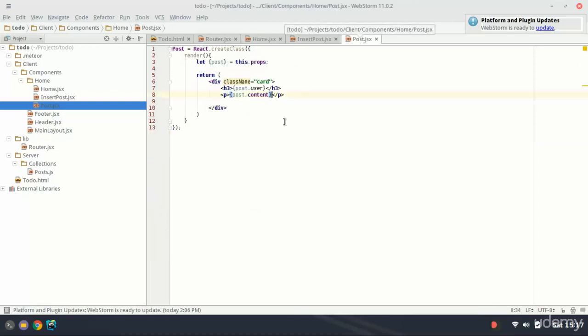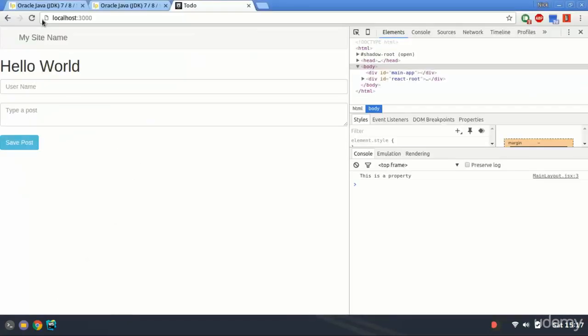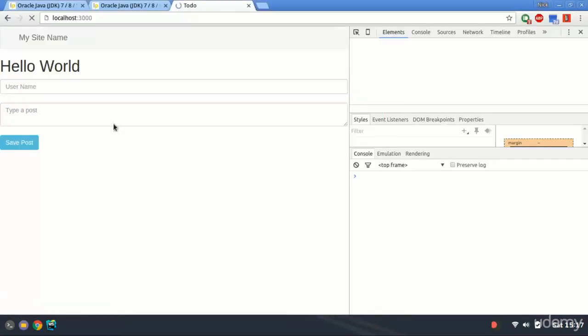So in the Post component, we can reference the entire post as this.props.post. So if I go back here and refresh,